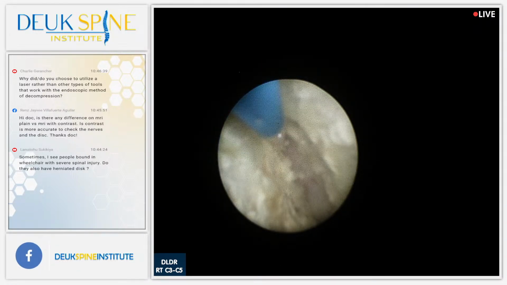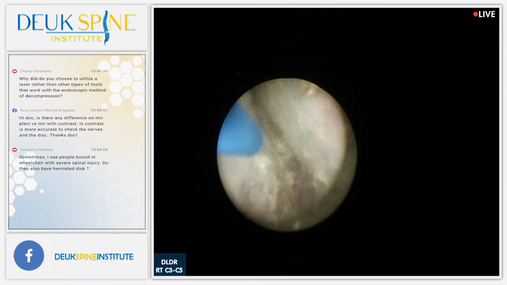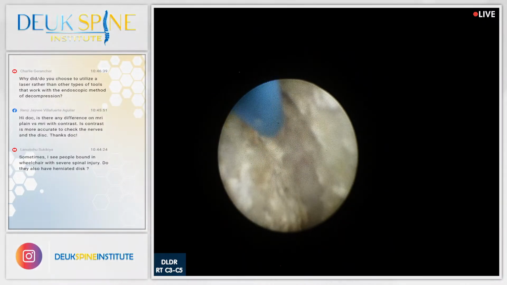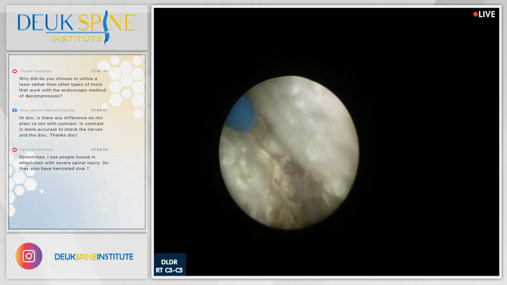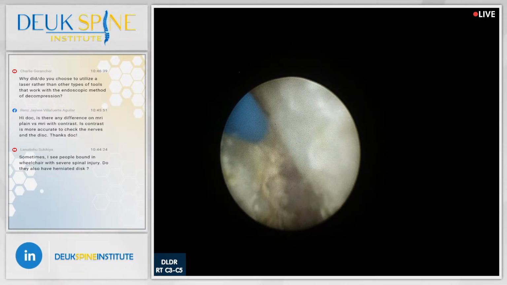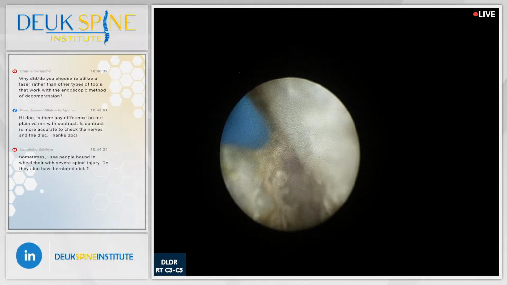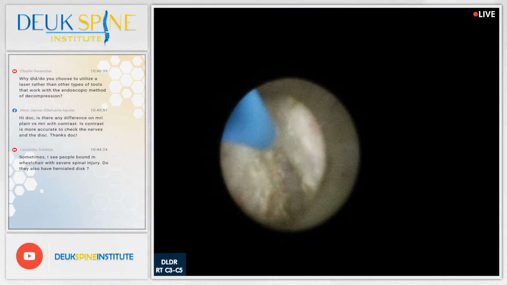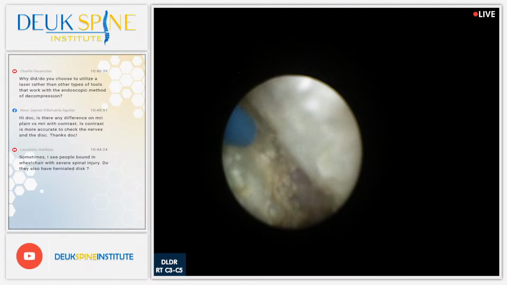So do not get an MRI with contrast. Some doctors will order it because you get paid more to do an MRI with contrast than without. And some doctors, unfortunately, they do things for the wrong reasons. Anyway,